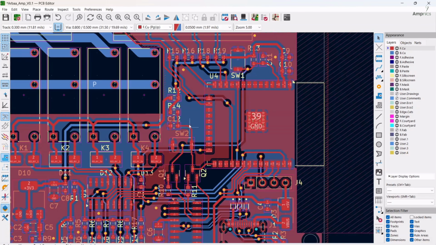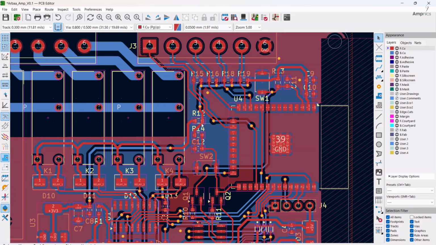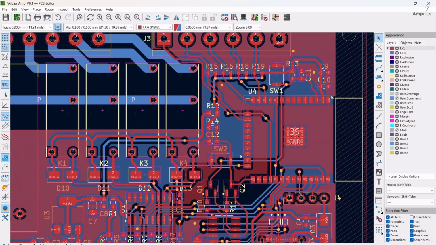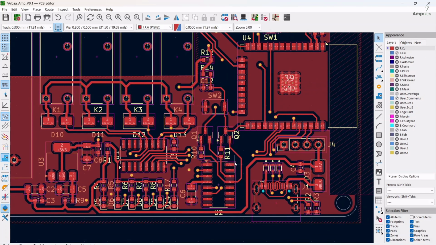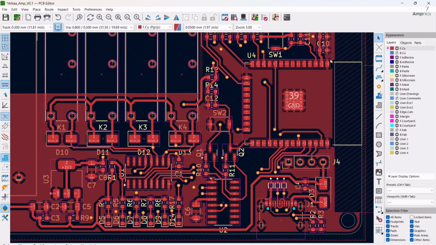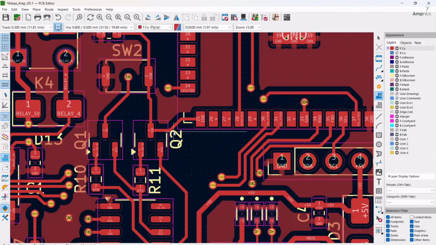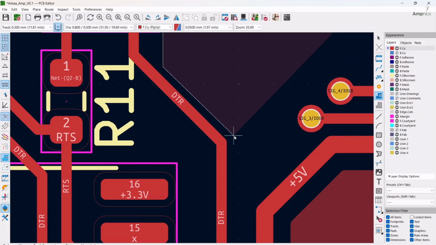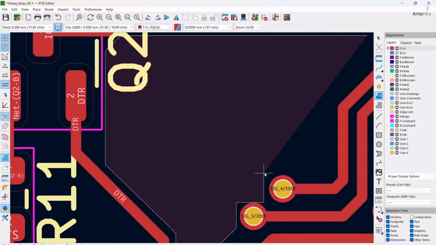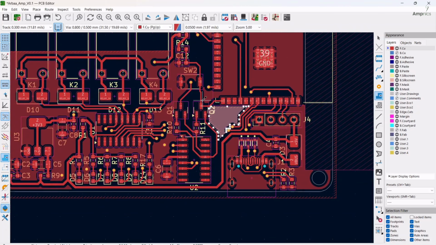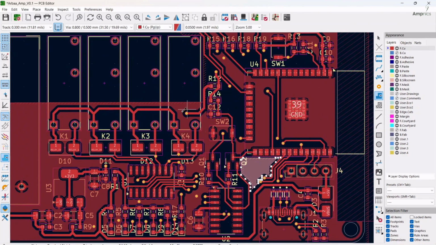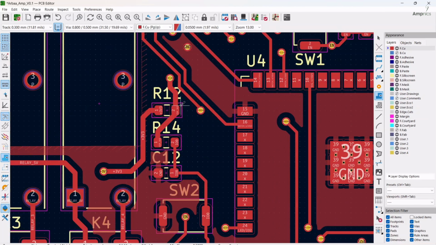And sometimes you can see there is no filled zone here, so we can do that manually. It happens, like you can see there's no poured copper here, so you can do it again. So in this way you can add wherever you want. Okay,